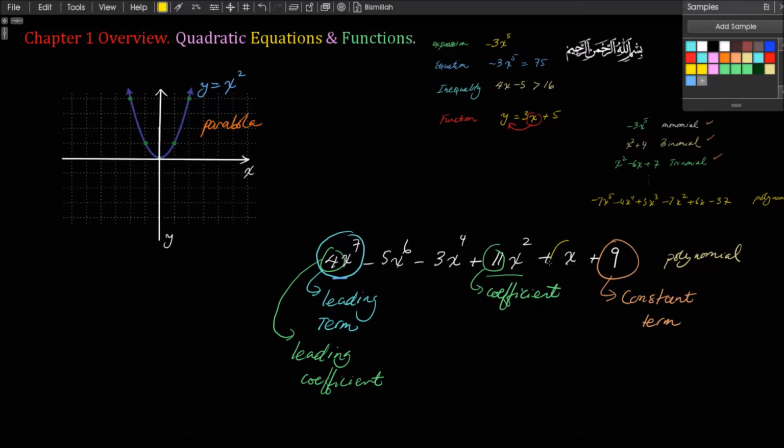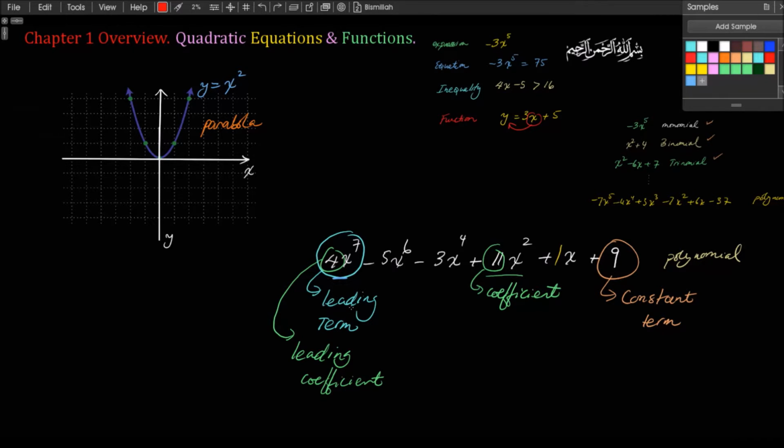Now, this one over here, the x term, it has a coefficient too. And the coefficient is 1. It's invisible because 1 is usually not written. But it's there. Just like the exponent here was not written because it was assumed it's there. What we're doing here again is learning some terms that are associated with polynomials that are very useful to know